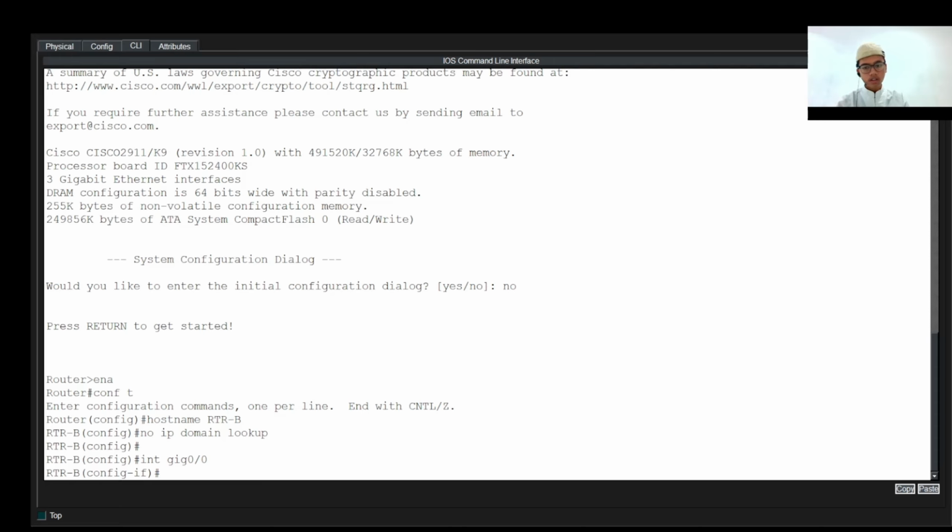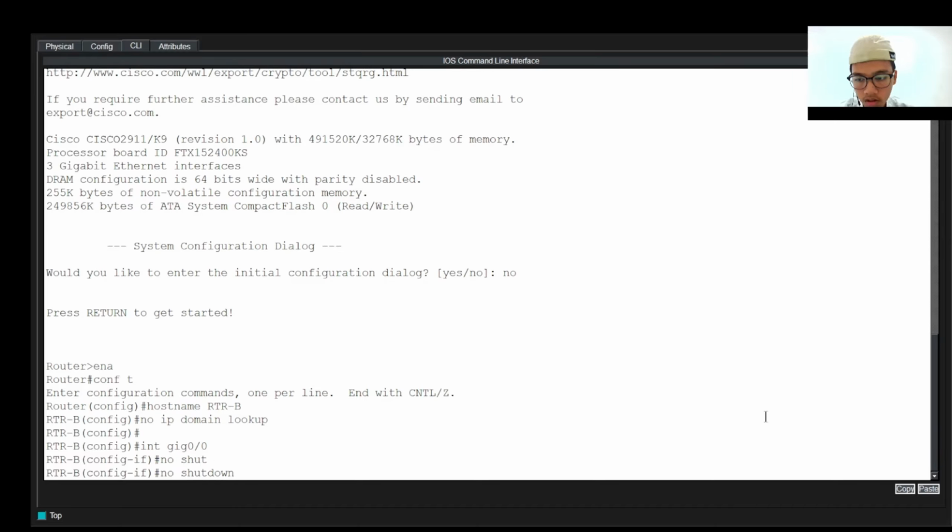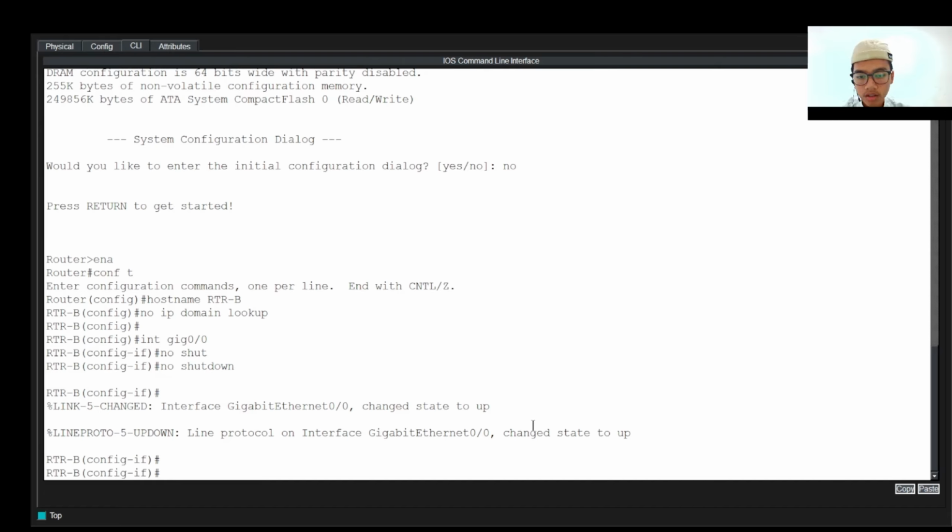In the router the interface is not automatically on. For that we must turn on the interface before we use it. To turn it on, we just type no shutdown. Okay, then it is set to up.